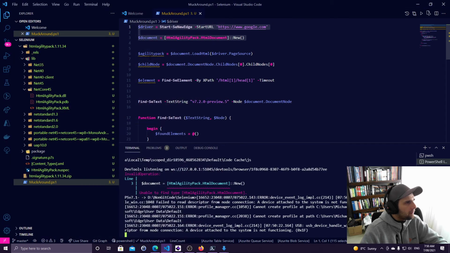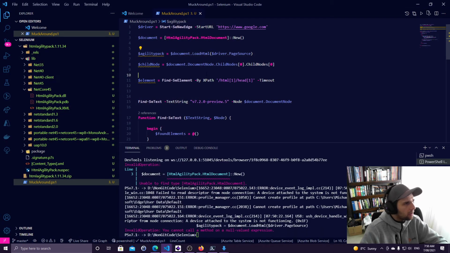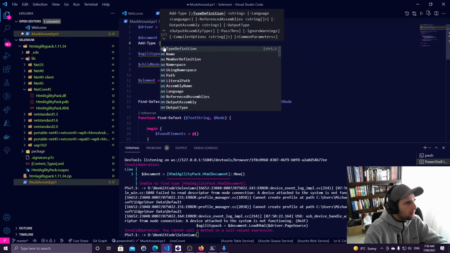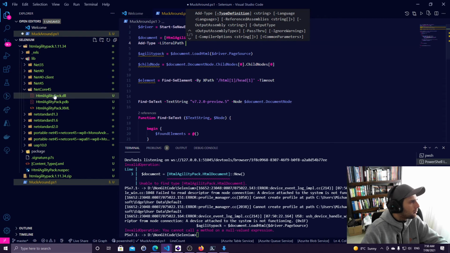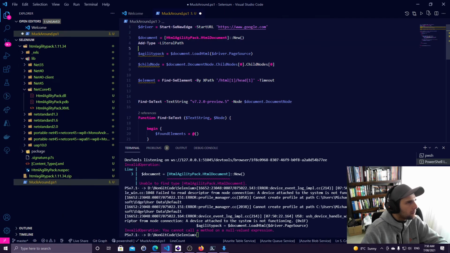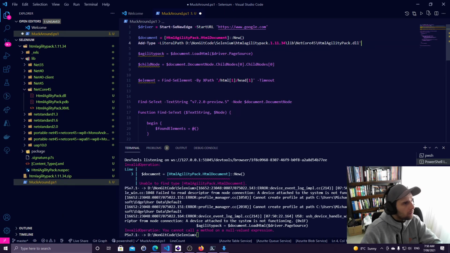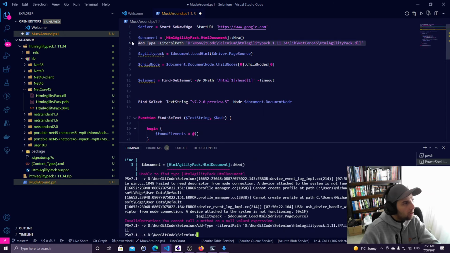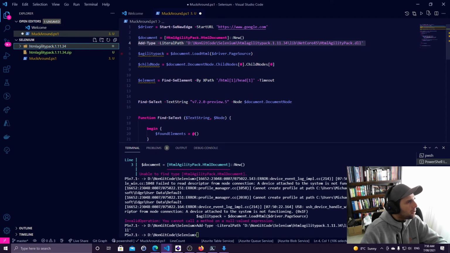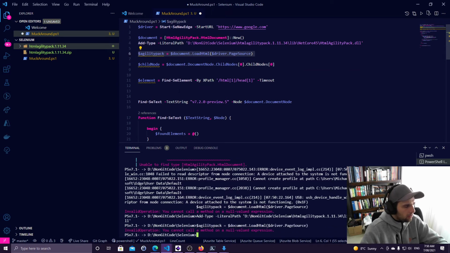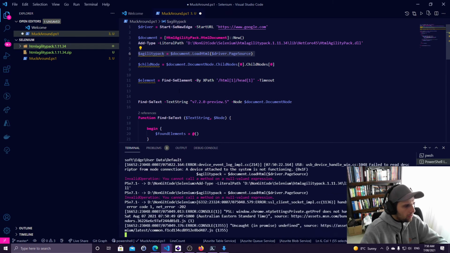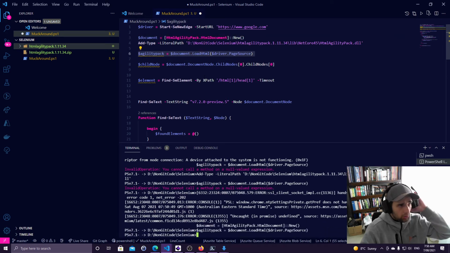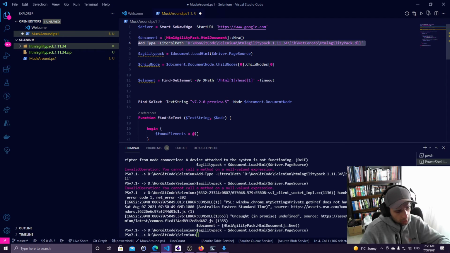Going to minimize that. AgilityPack. Oh, we've got to add type. String. Minimize. Okay, so whoops. Okay, cool. All right, so